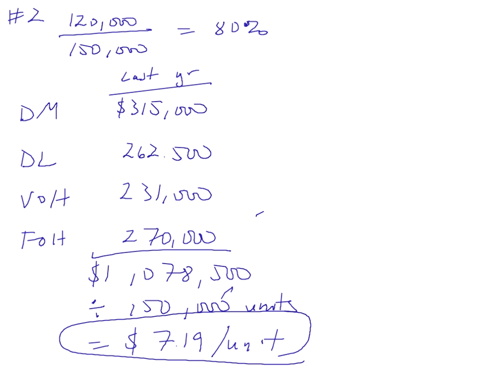So all we're going to do is multiply by 1 plus the increase. Okay, so for direct materials, it tells us that direct materials is supposed to go up by 20%, so we're going to multiply by 1 plus 20%, so that's 120%, and that gives us